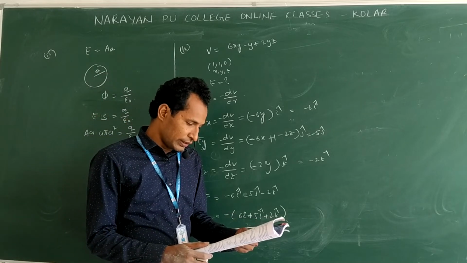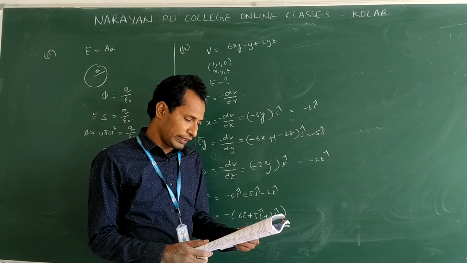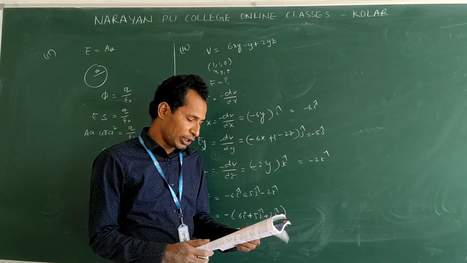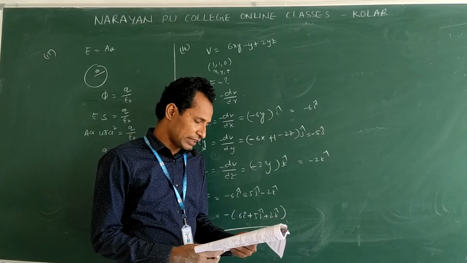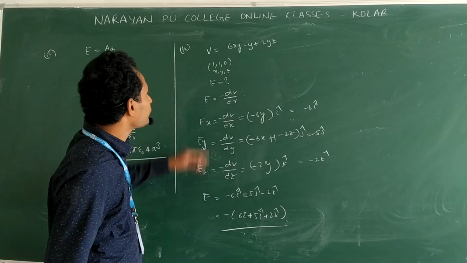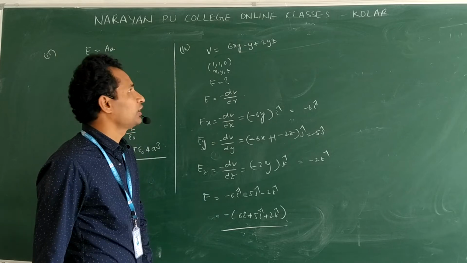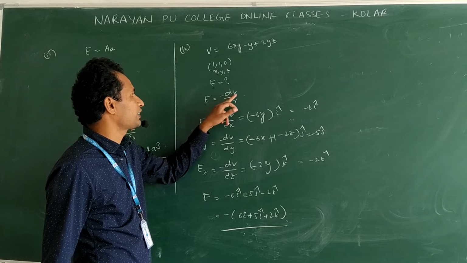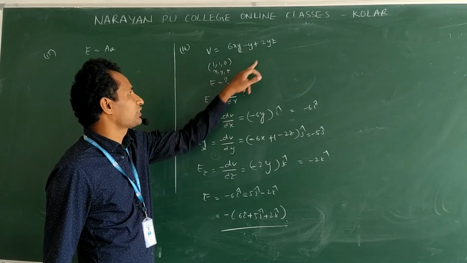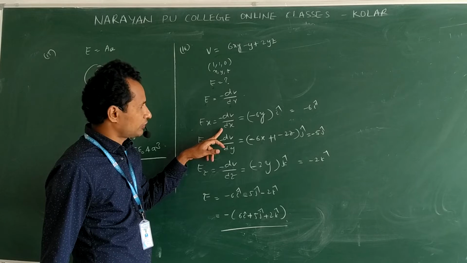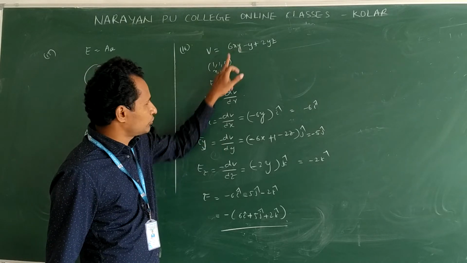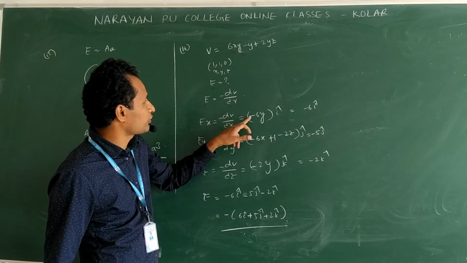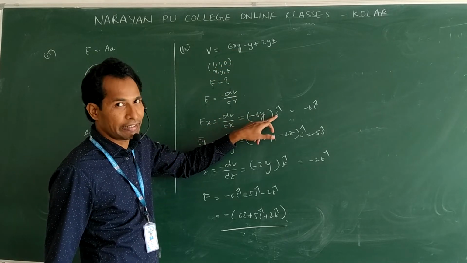If the potential in a region is expressed as V(x, y, z) equal to 6xy minus y plus 2yz, the electric field at the point 1, 1, 0 is. Just follow the previous question. Clear? The potential is given in the 3 variables and the point is given. They are asking the electric field. The relation is E is equal to minus dV by dr. There are 3 variables, so first we differentiate with x. Here we have only the x term, so differentiation of 6xy with x gives 6y. We have minus 6y. This represents i cap, the x axis.